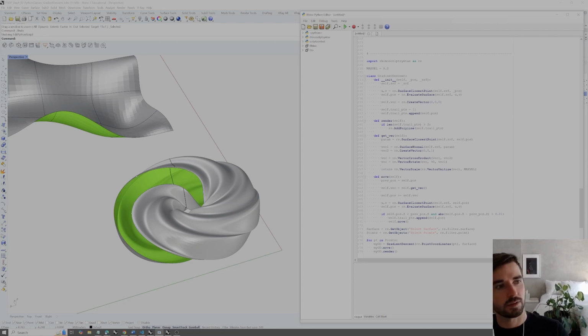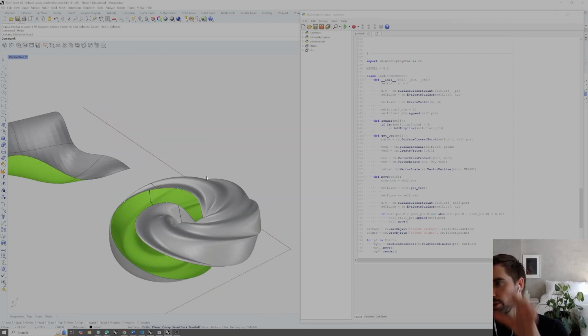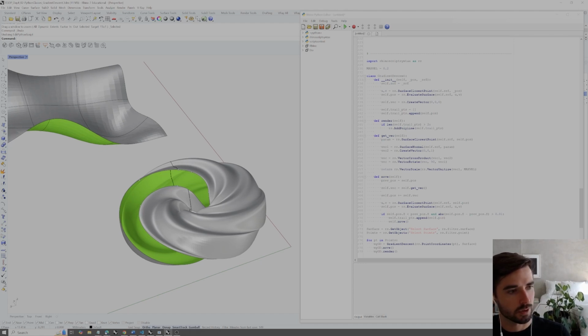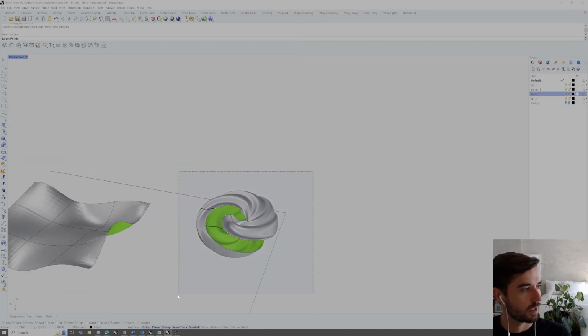Now we can save or declare this parameter up at the top. And if we change this to 0.2, what were those large, low resolution segments of our polyline are going to get a lot finer with a value of 0.2, because that vector value is going to be limited to a length of 0.2. So we'll get much finer motion along the surface. So if I hit play now, select that surface, select our points,